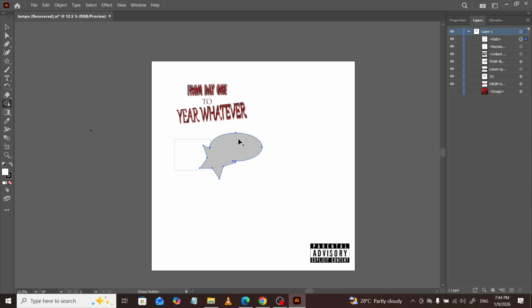If you delete the wrong piece, press Command or Control plus Z to undo and try again. Zooming in for precision and panning with the spacebar can make fine work much easier. When you're done merging and removing, you'll be left with crisp, simplified vector shapes that are easy to color, align, and scale. Keep experimenting with different overlaps and consider working on a duplicate of your artwork if you want a safety net while exploring. The Shape Builder tool makes thoughtful geometry feel intuitive, and with a little practice, it will